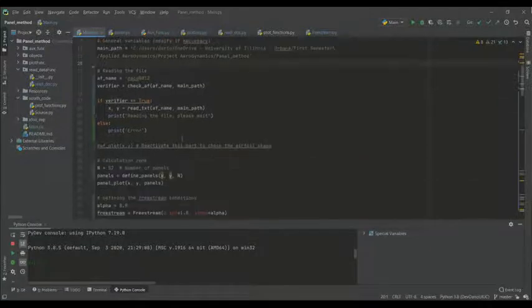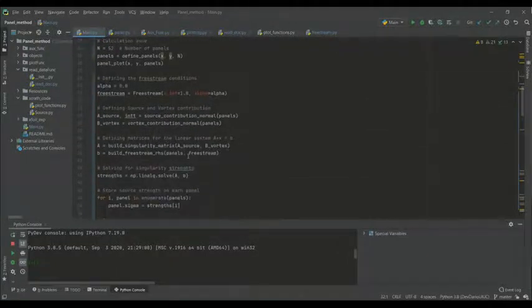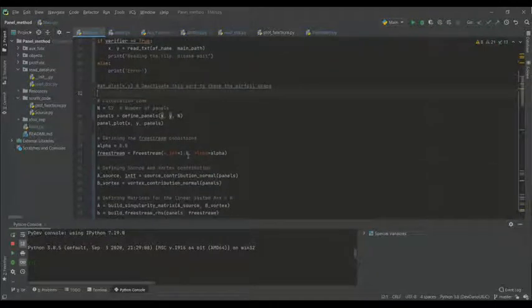Basically, how the code works is the user gives an airfoil name, and the code checks the database to see if the airfoil coordinates are stored. If not, the code automatically downloads the coordinates from the UIUC database, and then starts the simulations. Also here, the user sets the number of panels that he wants for the particular airfoil, and then